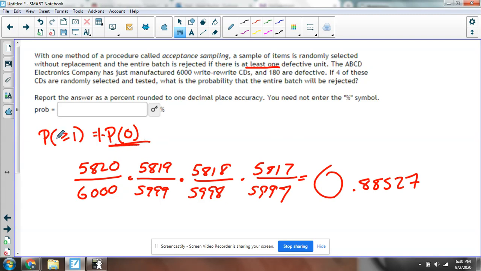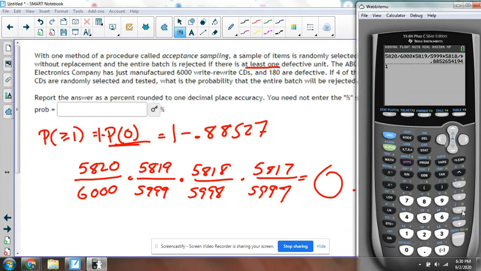So the probability of getting rejected is the probability of getting 1 or more. So it's 1 minus 0.88527. So we'll do 1 minus that, which is 0.1147, or 11